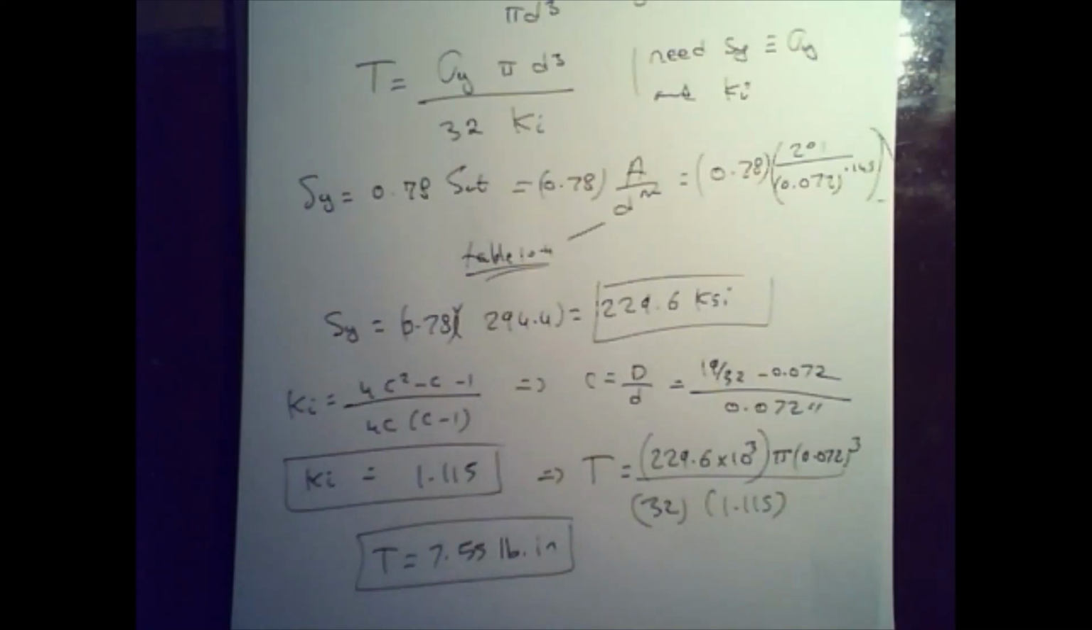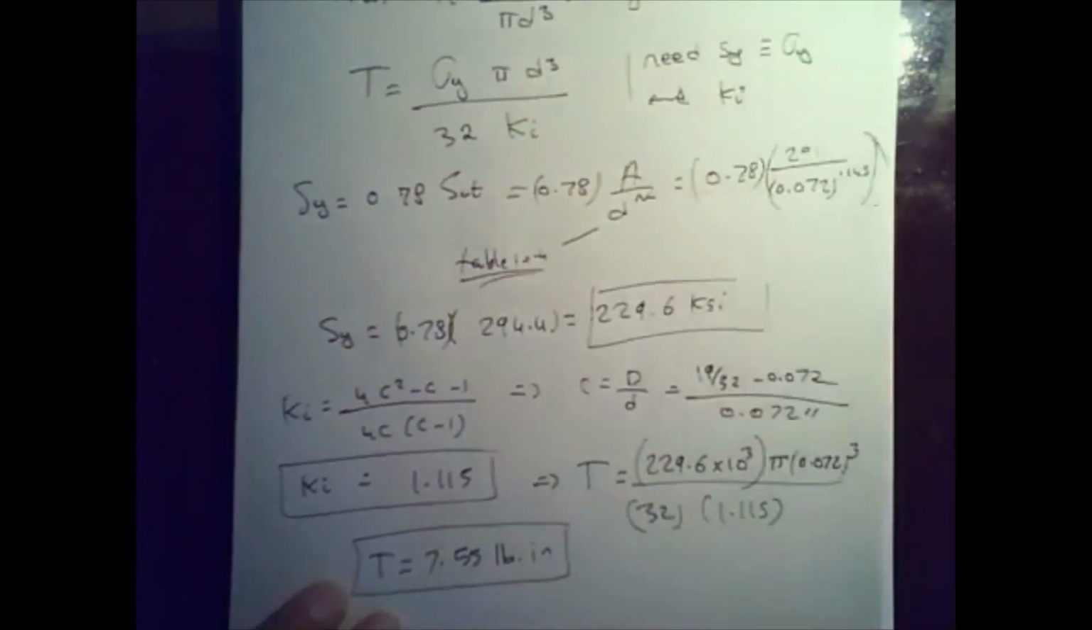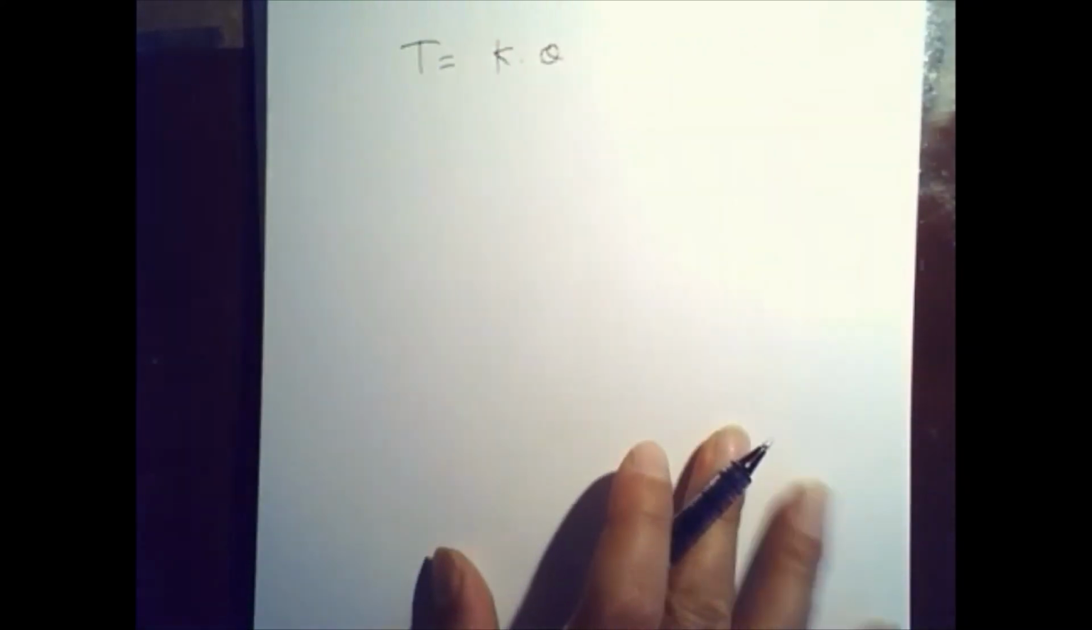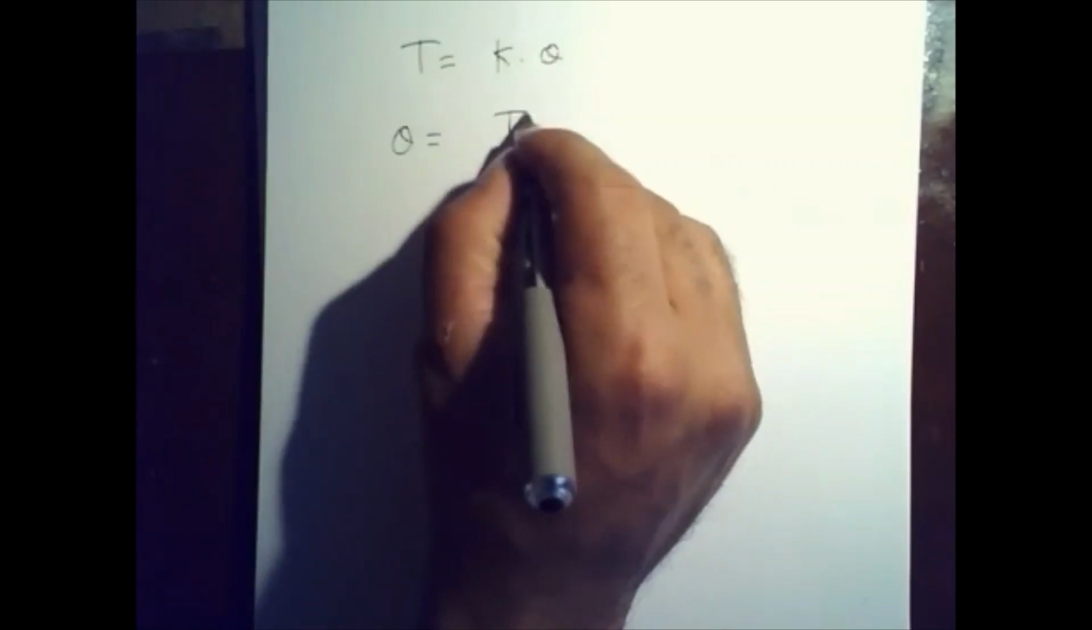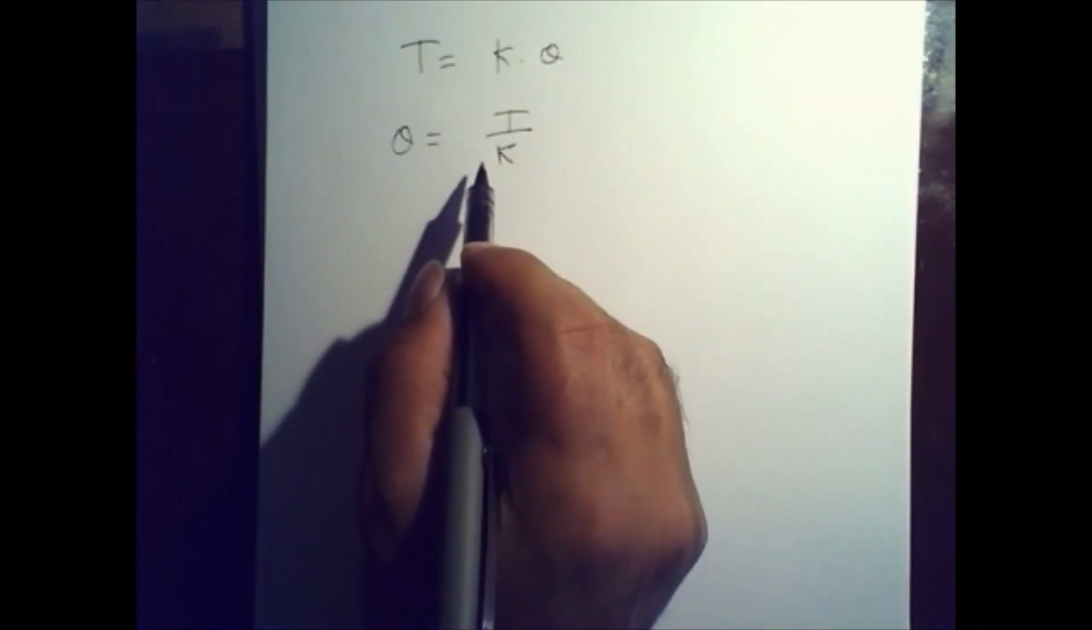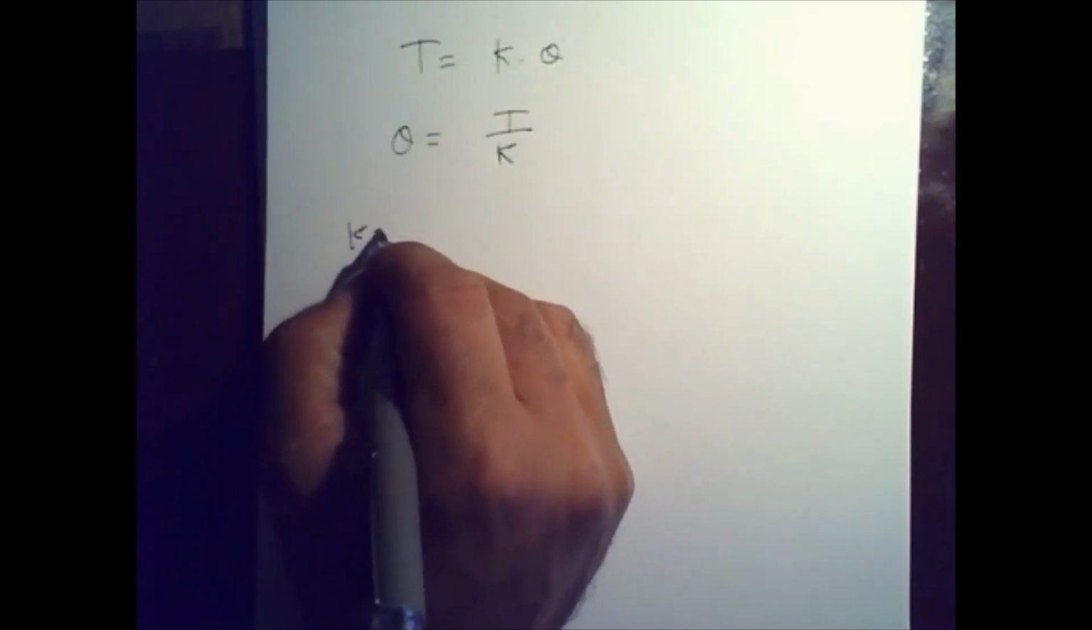And what we'll do is we can simply use the equation that we have, or you can choose to find the spring rate. We know T is going to be equal to K times theta, right? So if you have to have the deflection, we know theta is going to be equal to T over K. We need to know what is the value for K. K is going to be equal to